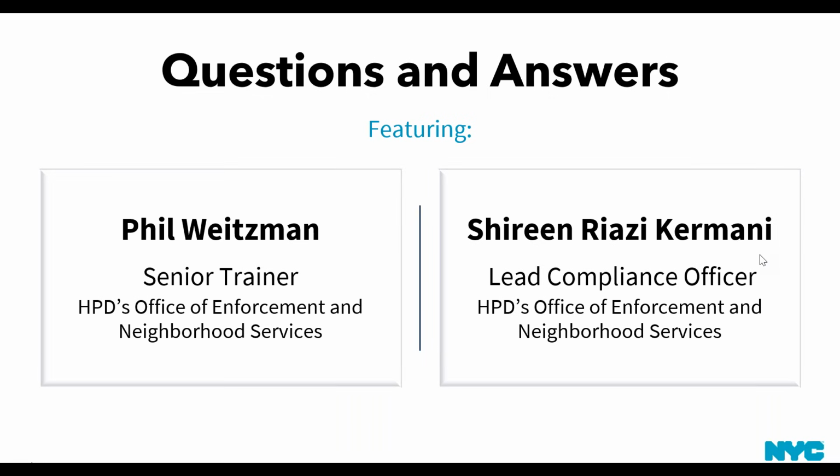So condo and co-op buildings built prior to 1960 can apply for an exemption as the building itself, or if you have an individual unit that you own or are a shareholder within a building, you are also allowed to apply for an individual unit exemption. So if you plan to rent out a unit within a condo or co-op, you can apply for an exemption, doing the testing and the abatements for your unit. But local law 1 and the requirements do apply to condo and co-op buildings if any of the units are not occupied by the owner